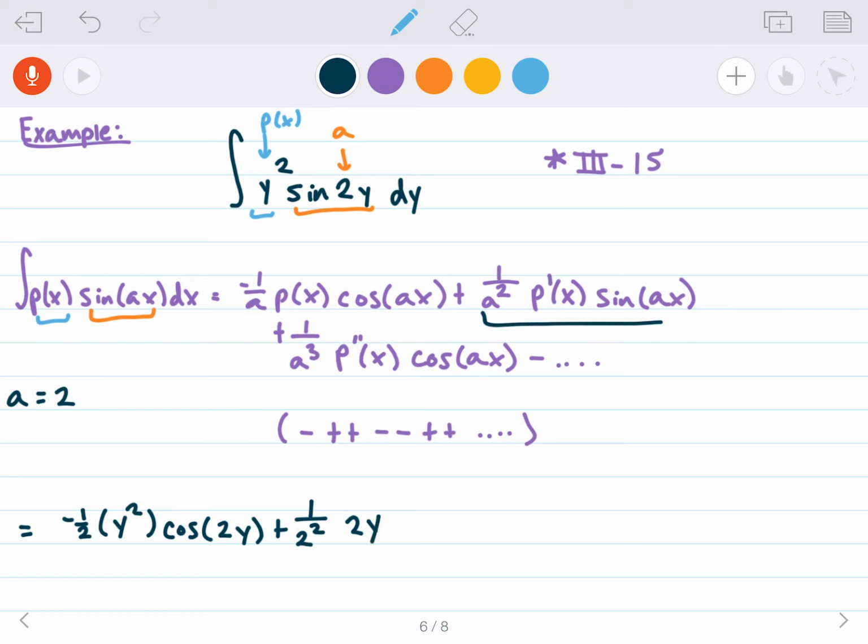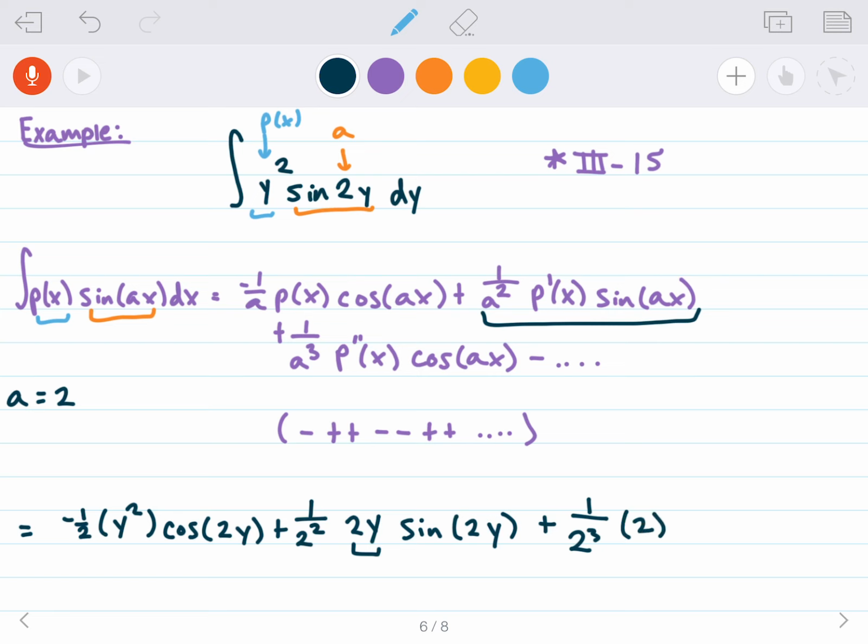Then we have the sine of 2y plus 1 over 2 to the third. If I take the derivative of 2y, I just get 2. That's going to be times 2